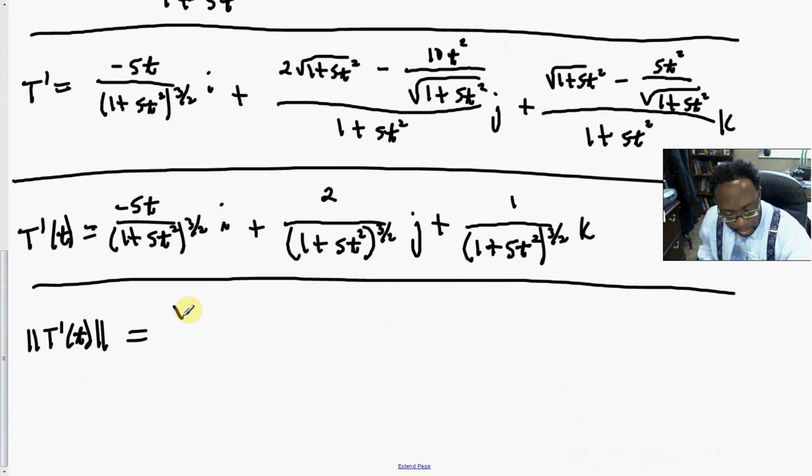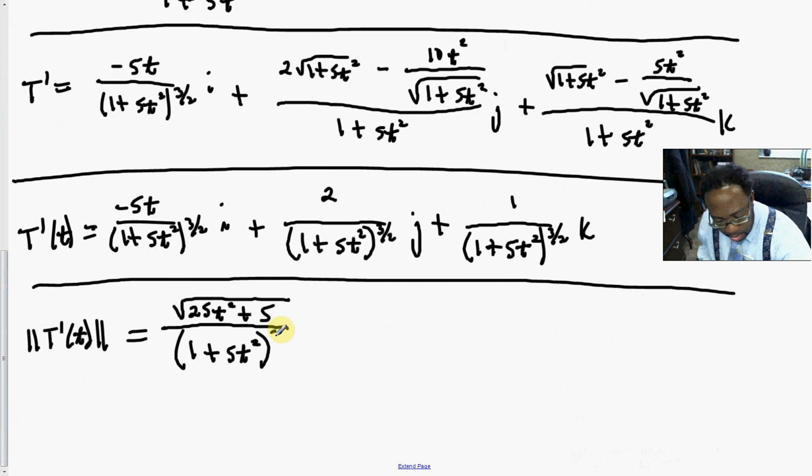So the numerator is the square root of 25t squared, 2 squared is 4, plus 1 is plus 5, and that's all over 1 plus 5t squared raised to the 3/2 power. Now you can factor out the square root of 5,